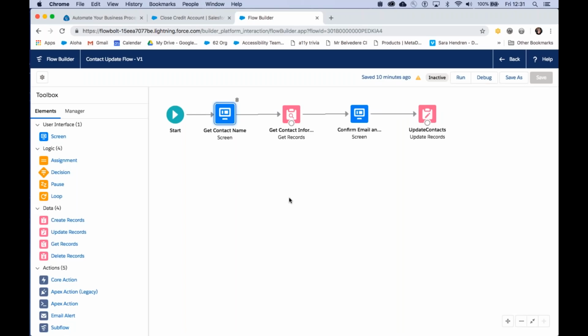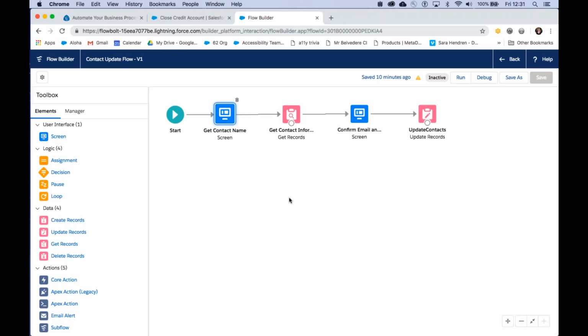Virginia asks, are there any plans for a tool to help migration of workflows to flows and processes? That is a good question, and we have definitely talked about it. I'm going to be honest to say it's one of those challenges that's a little bit hard, and we haven't really figured out a good solution for it yet. But it is something that we talk about. So I can't give you any sort of timeline on it, but you're not the only person who's asked for something like that.